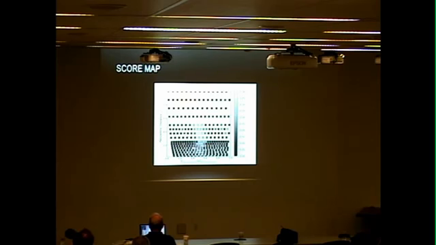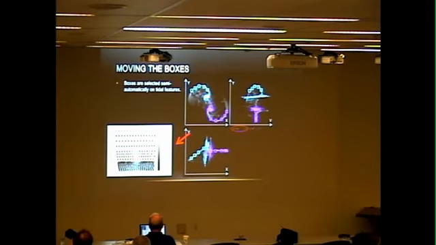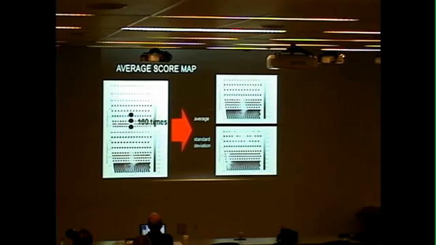So in order to calculate the uncertainty of these scores, we start to move these boxes around, and with each set of boxes we get a different score map. We do this several times, 100 times specifically, and then we take the average of these 100 score maps and then the standard deviation, which will give us a measure of the error on each point in the score